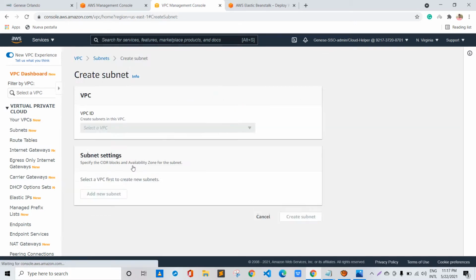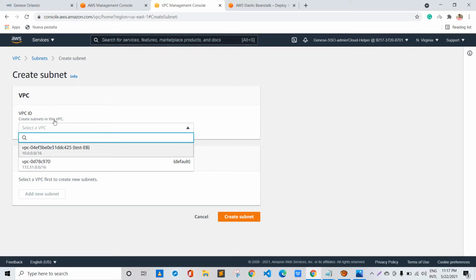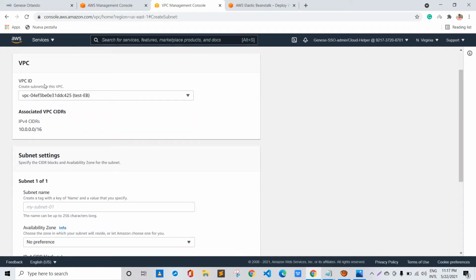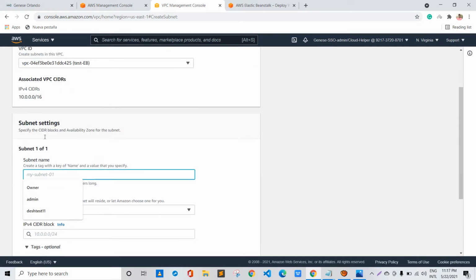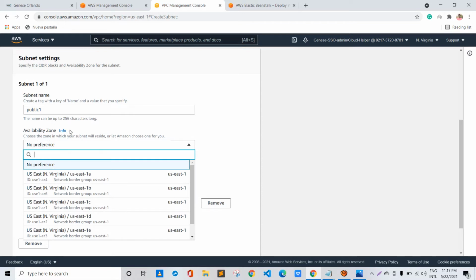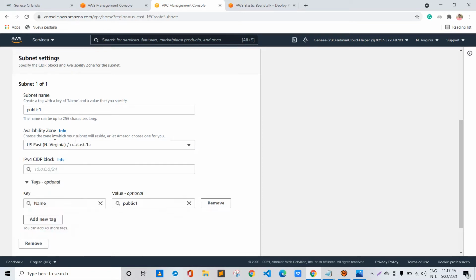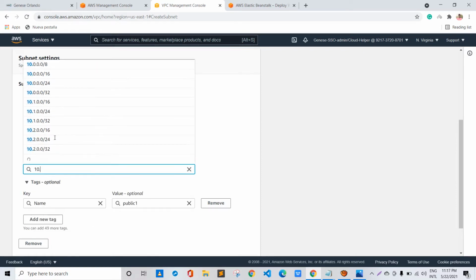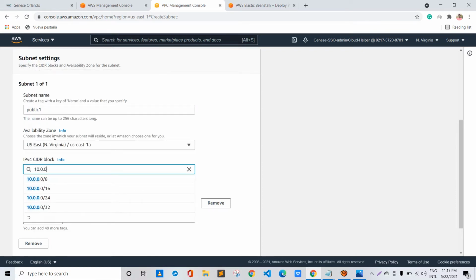So we'll create a subnet and choose our VPC ID. We'll create a public one, naming the subnet public 1, and we'll choose the availability zone US East 1A. The CIDR range would be 10.0.0.0/24.